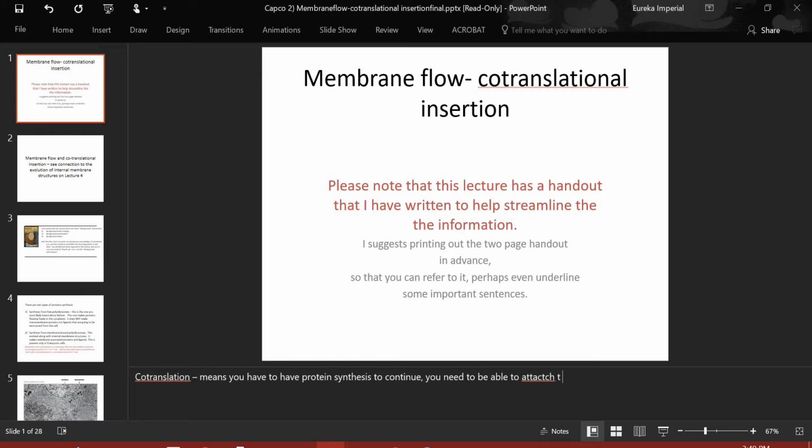Insertion, the word insertion is used in a lot of sewing machine analogies, actually, historically, used for this event because it behaves a little bit like an electric sewing machine that has spools and bobbins, and the needle goes down and the thread comes through it. You'll hear on some of the movies I'm going to show you the sound of the sewing machine. I didn't put it there. That's the way it was originally described, because it seemed very much like that historically. The scientists were doing that. All right. So,